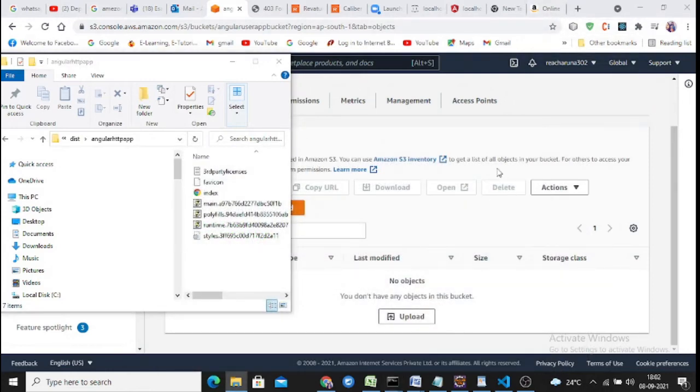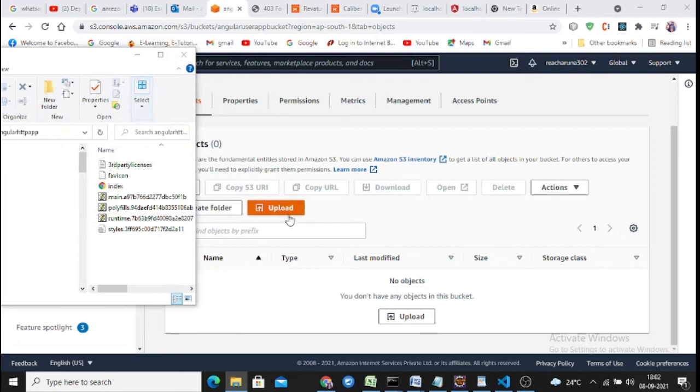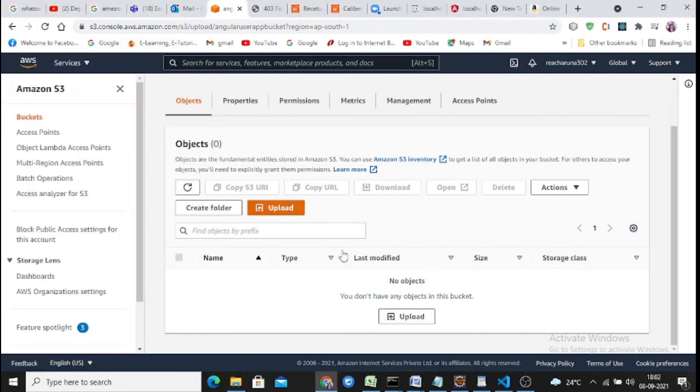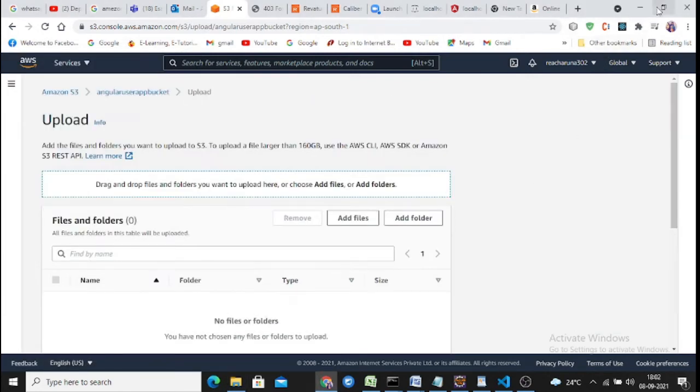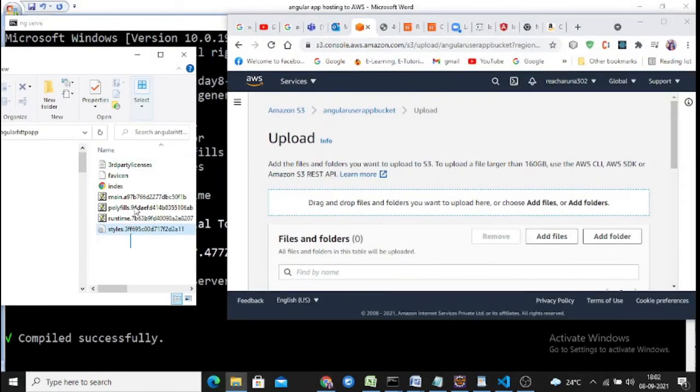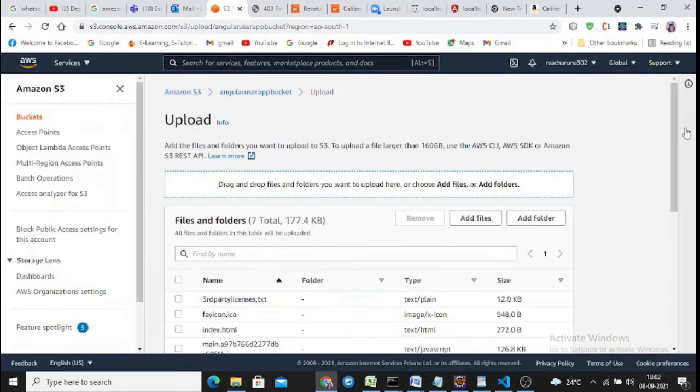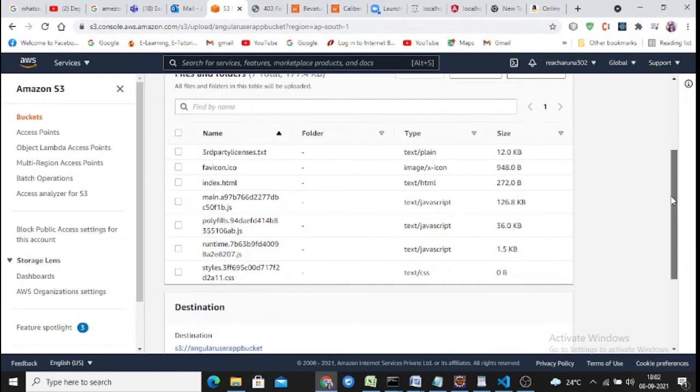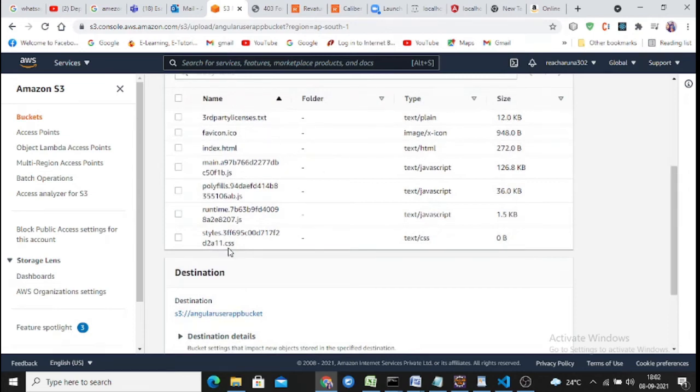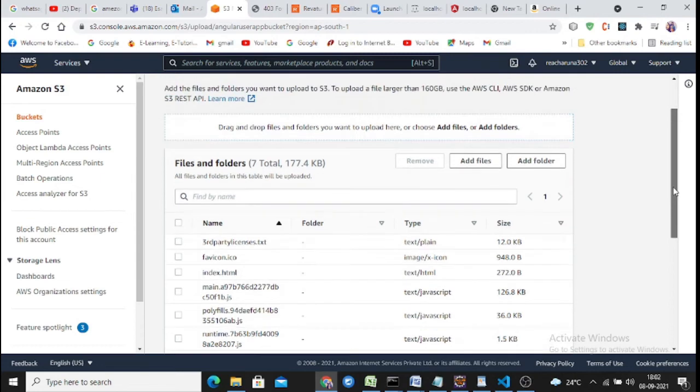into our S3 bucket. To copy into this S3 bucket, first of all, you should choose upload here, okay? And you need to upload all your project-related files by drag and drop. You just drag them into this bucket so that the files get uploaded. You can see the files which were created in the dist folder getting uploaded here. And then